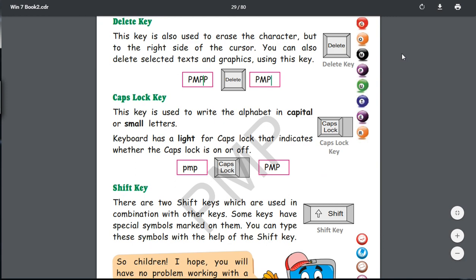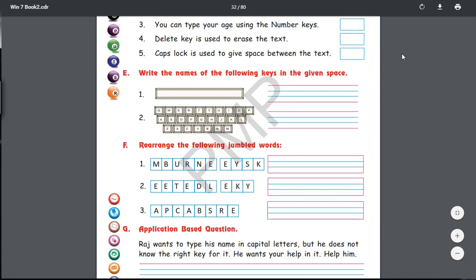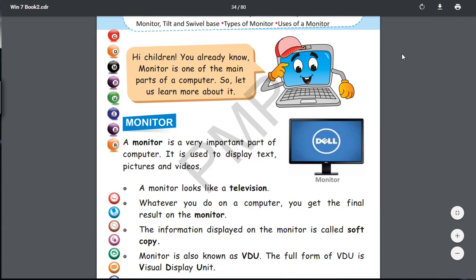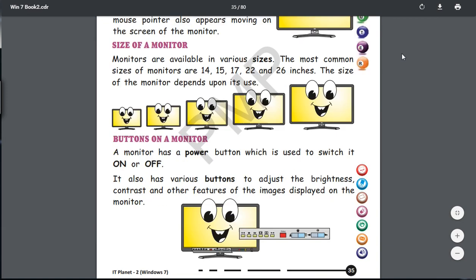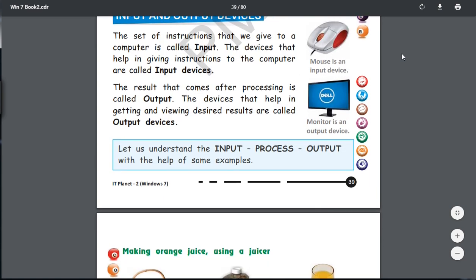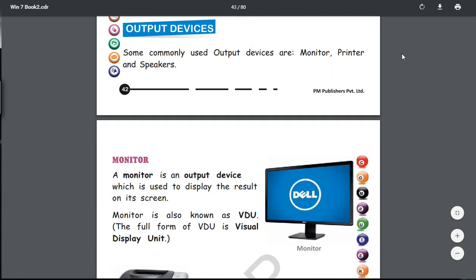Apart from that, we had also conducted the test based on these chapters. I hope you remember that as well. Now, there was a bit of remaining portion of this chapter that we were doing.